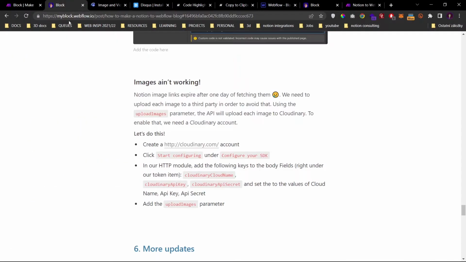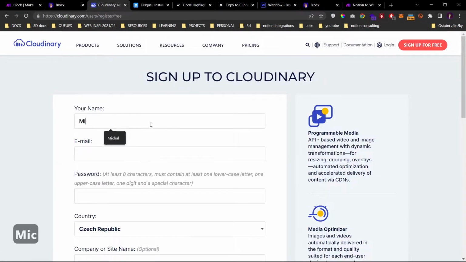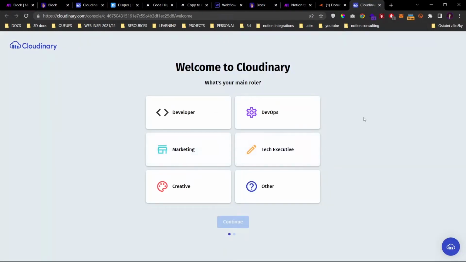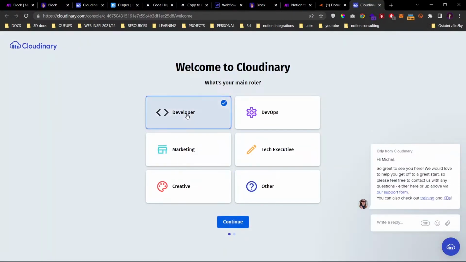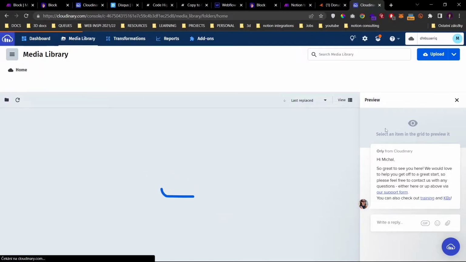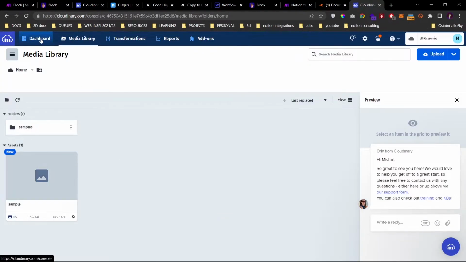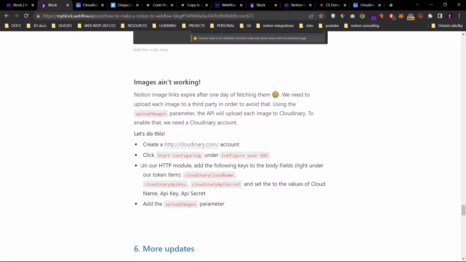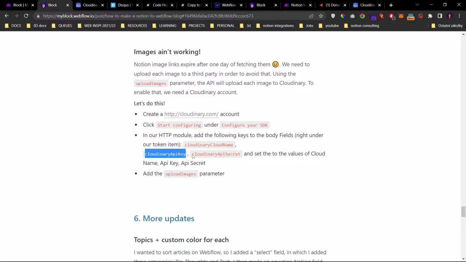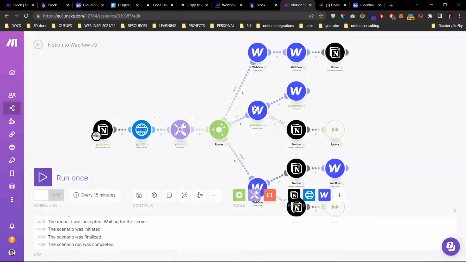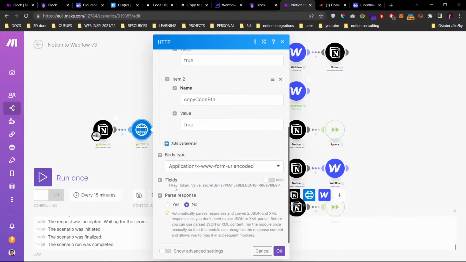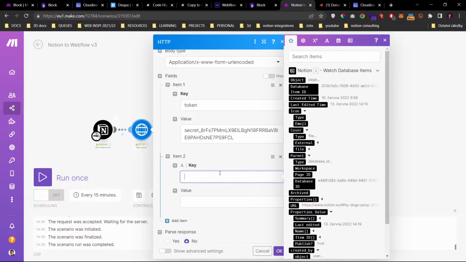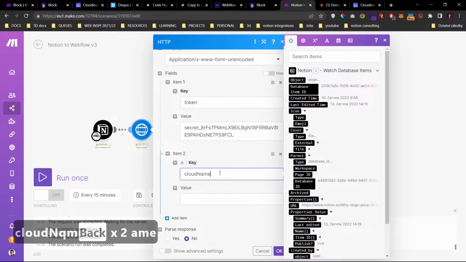So first of all, we'll create a Cloudinary account. And once you validate your email, you can select whatever here, and you need to go to dashboard, and here I will copy the cloud name. And as you can see in my blog post, we need to use the 3 parameters. So in our integration, right under the token field, we will add a key cloud name to create a cloud name,